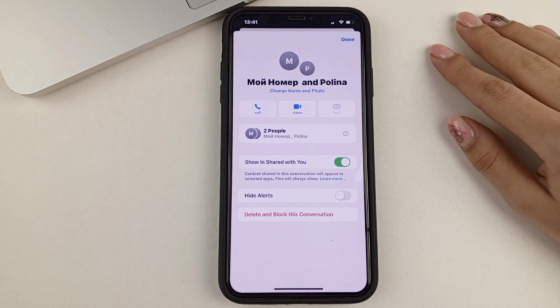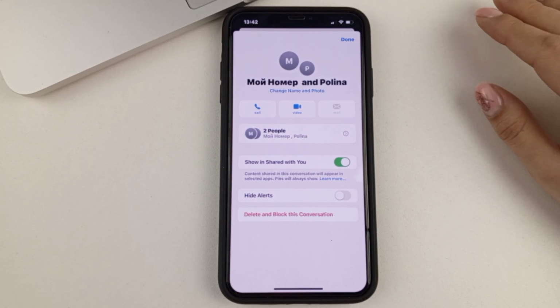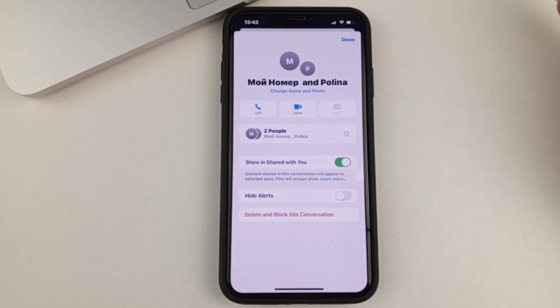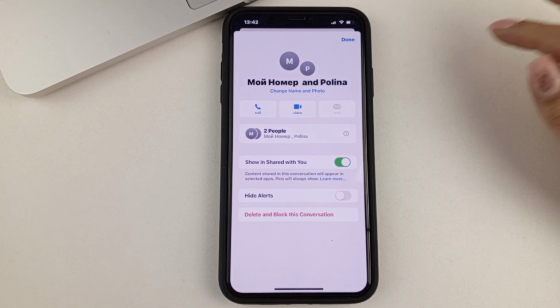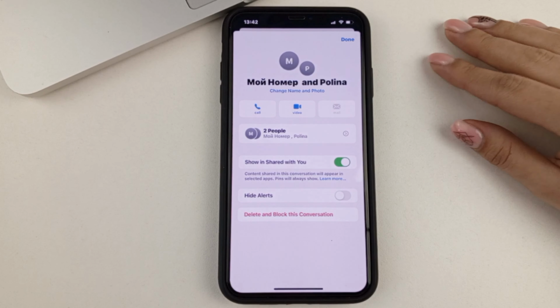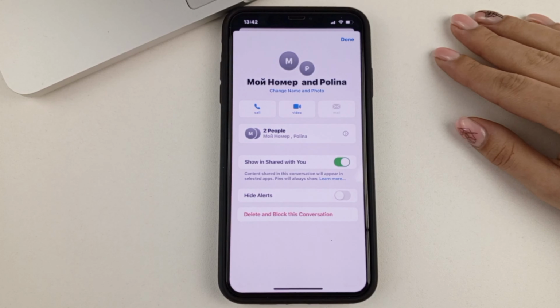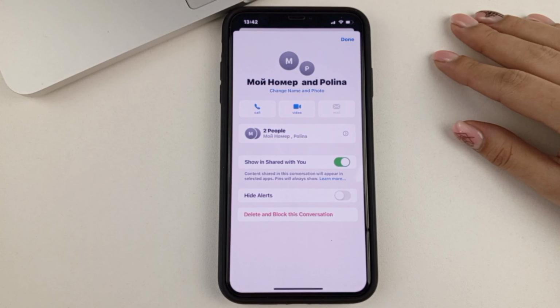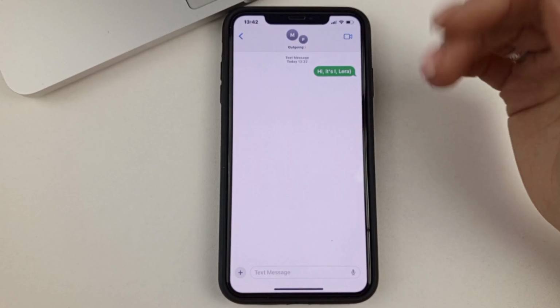Well, this line will be only if you are an administrator of this group chat as well as I am. If you're an invited member, an invited conversationalist, you'll probably have a different line. It's going to say quit the chat. Let's say if you don't want to receive any more messages from this chat room. That was the first method.